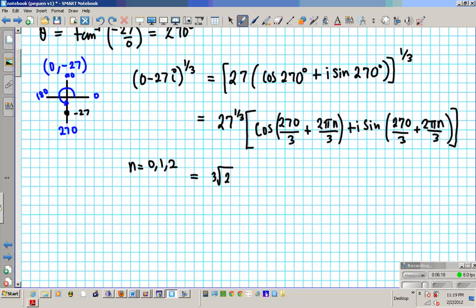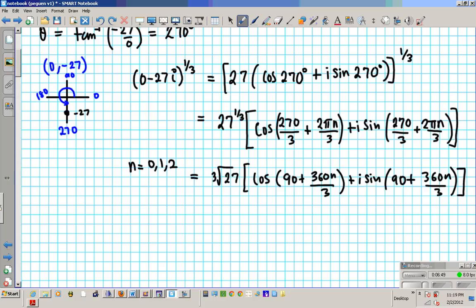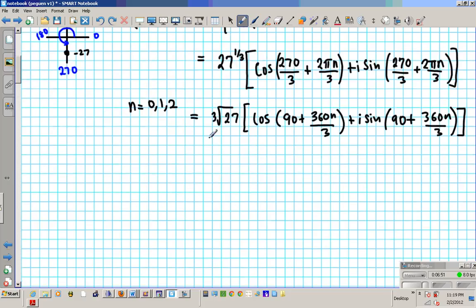And then inside we're gonna have cosine 270 over 3, which is 90 degrees, right? 90 plus 2 pi is 360, so 360n over 3, like that. Plus i sine, the same story: 90 plus 360n over 3. Close that, and then close that. Okay? What is the cube root of 27? The cube root of 27 is 3, so we're going to have 3